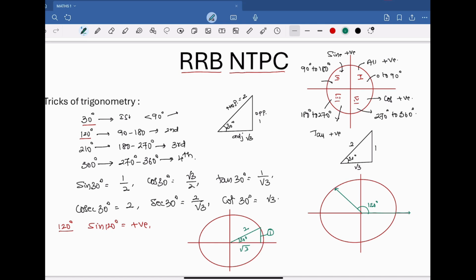Please try to understand. This is nothing but the radius. This is O. OA is nothing but the radius. This is A dash. OA and OA dash are the radius. This is B. AB is equal to 1, OB is equal to root 3, OA is equal to 2. Now, similarly,